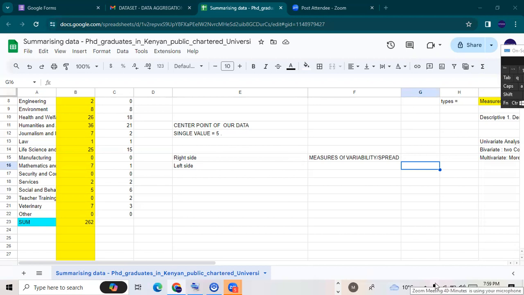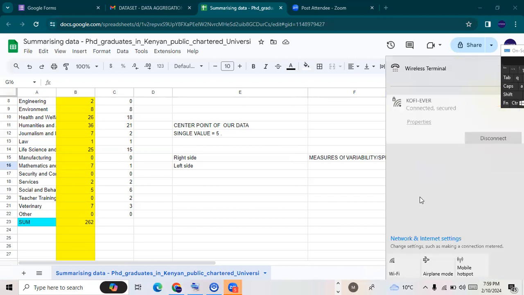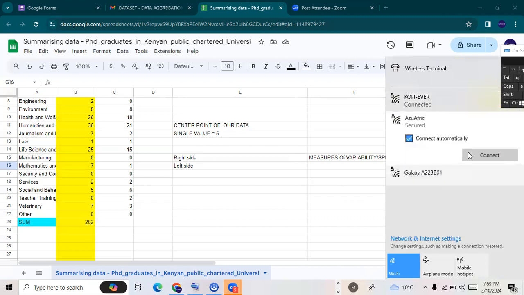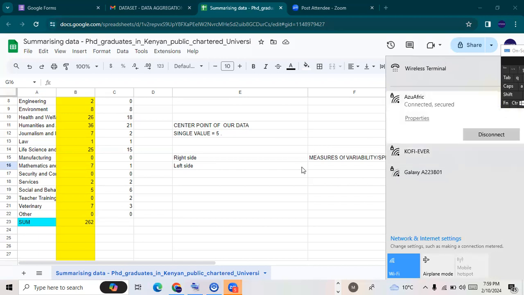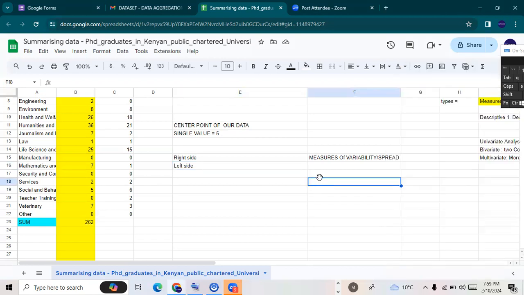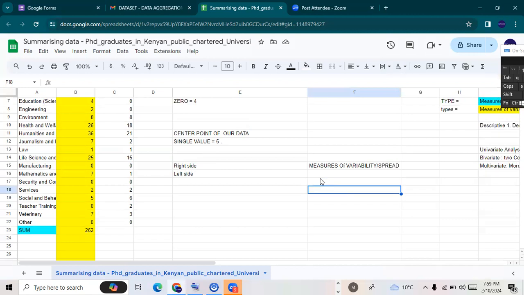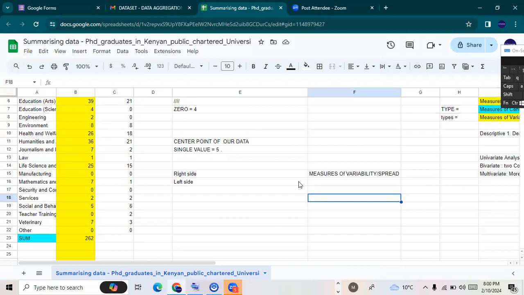So let me take it from how to establish measures of variability. I said first, knowing when a number repeats itself, that's when you bring in your measures of frequency, how frequently a number appears. After that, what do you need to do next? You have to look at what is happening at the center of your data. It has a meaning to what we are going to do, but please let's get it clear and understand it better, as going forward it is going to confuse us. So always the